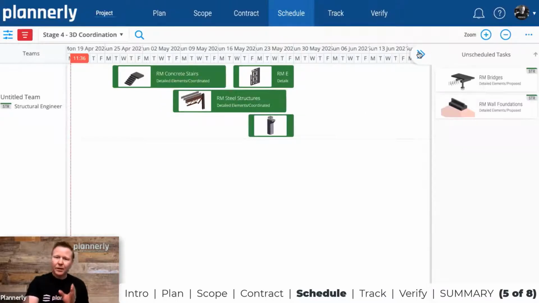It means that we don't have to think about what's in my scope. It's already defined as it's part of the contract. And every team has access to schedule their own work, to identify what it is and when it will be delivered, and understand that in relation to the other teams' tasks as well. A really clear visual way of doing it.